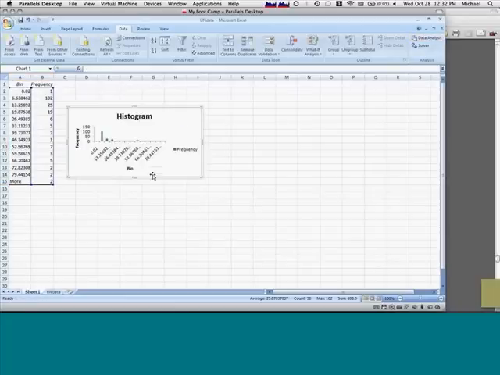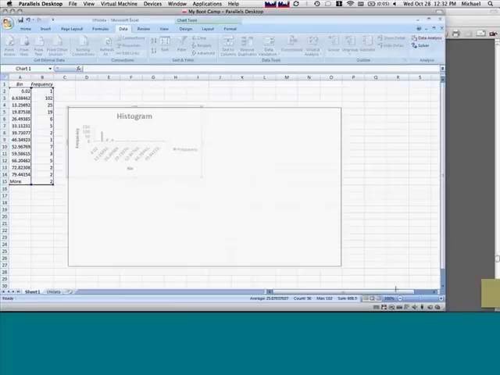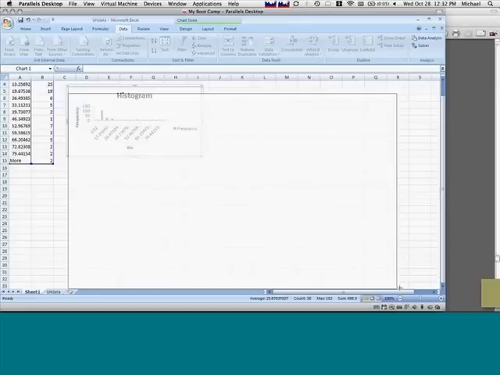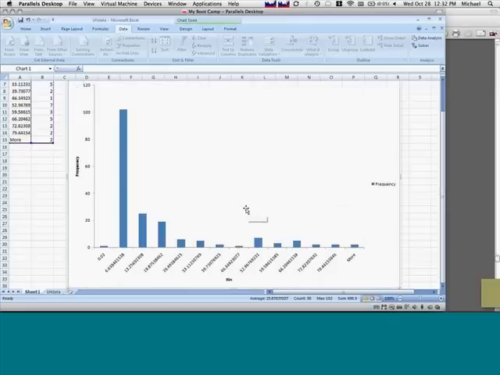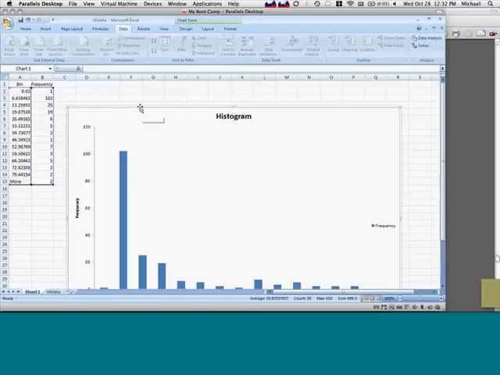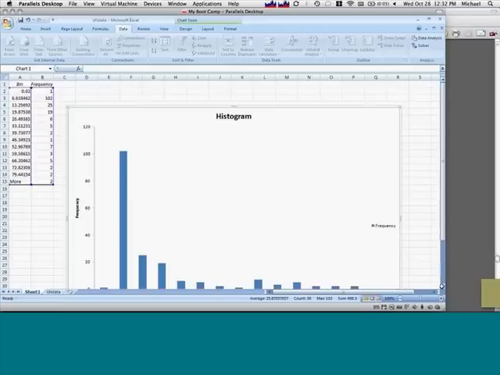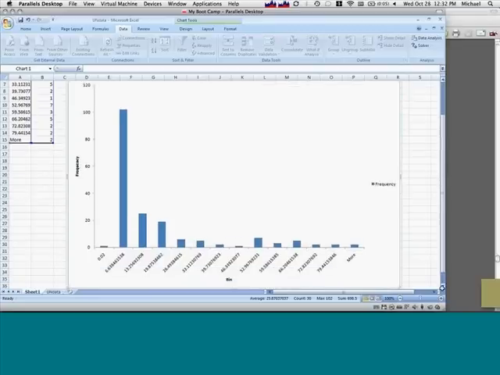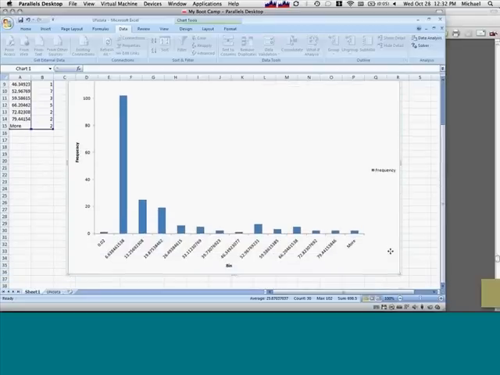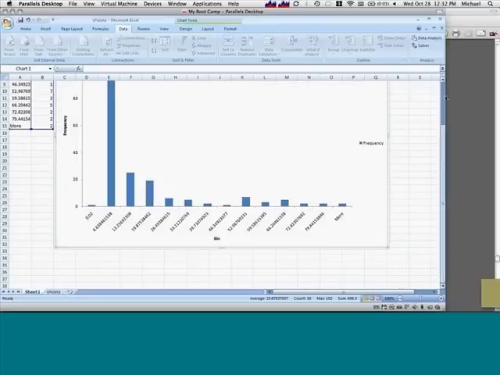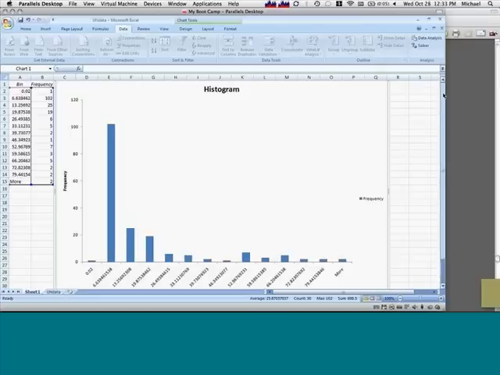And here it gave me this histogram. And it's kind of hard to read. I have to make it bigger. So as you can see, the bins that it created were, I'm not sure what the algorithm is that it uses to create bins, but they're kind of weird. I mean, they're not whole numbers. They're these really long decimal places, even though otherwise it appears to be a promising histogram. So I think this is probably an instance where it would make sense to create our own bins.